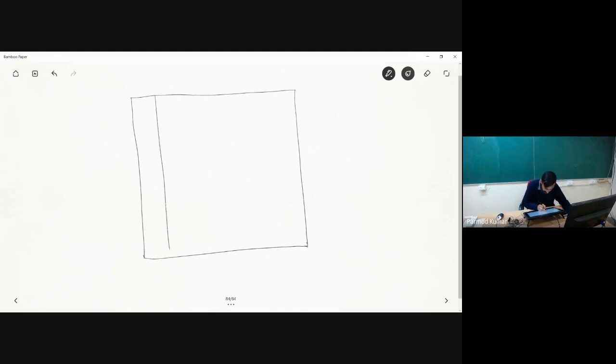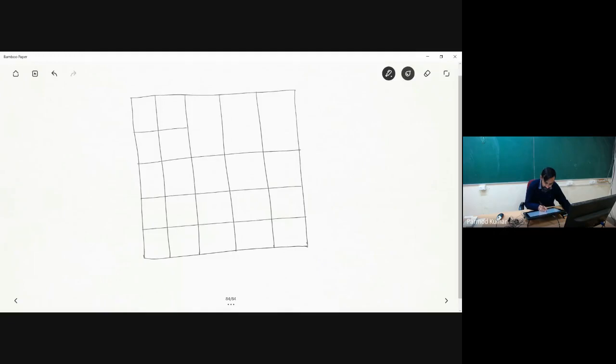Let me take that I have some uniform sized grids in some two-dimensional domain. Let me consider that for this particular face, I have a value of phi equal to 100. For the top face also, I have phi equal to 100. For the right hand side, I have a value of phi equal to 0, and for the bottom side also, phi is equal to 0.